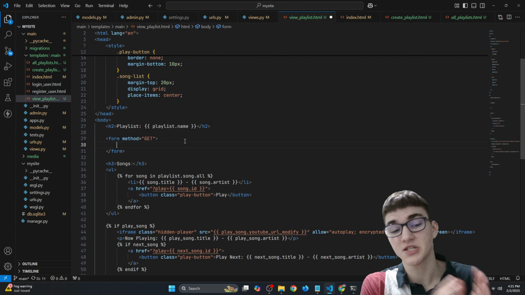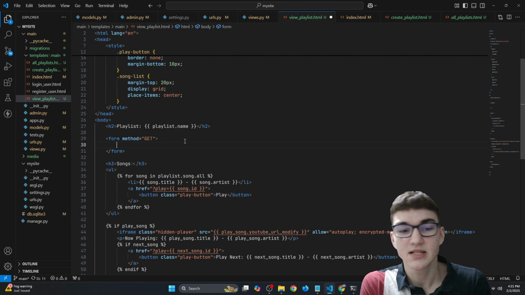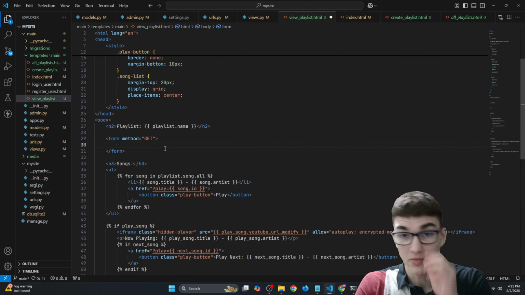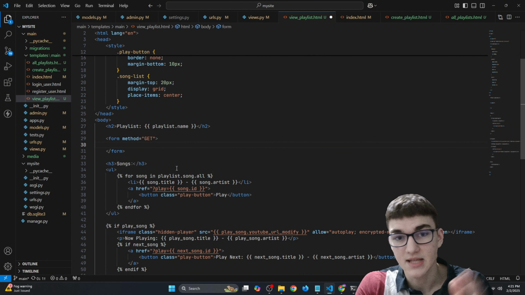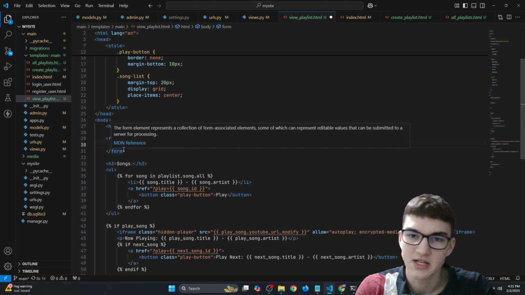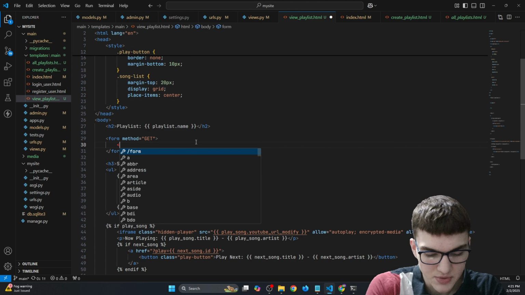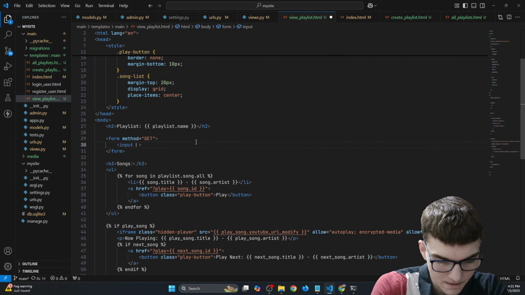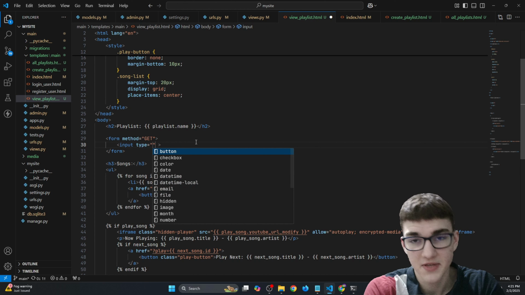Right now we'll create some hidden input tags, so that Django can later on, using this get method, append the data from this form to the query parameters in our URL. The first input tag we'll create will have the type of hidden,